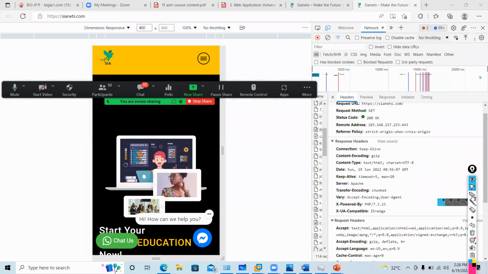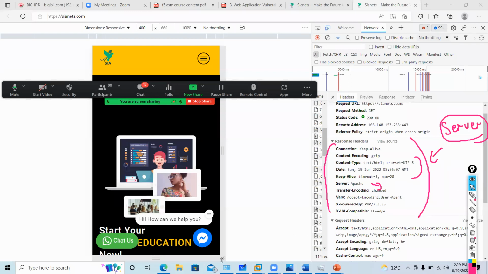Now, if I talk about response header, guys, when the server is sending a response to F5, that is called the response header. So this is the combination of request and response header.